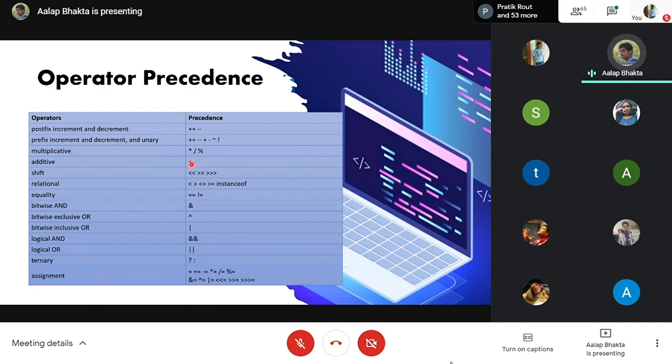Addition and subtraction have the same order. So first it will do the multiplication, then division, then the modulus, then the plus, and then minus. This is the main thing we'll be using.